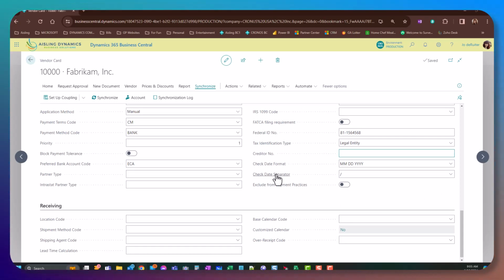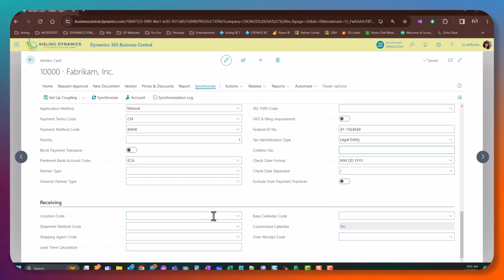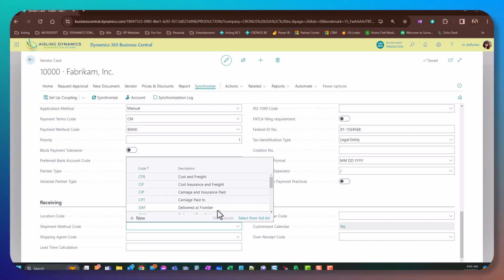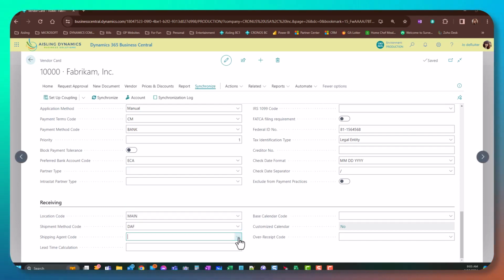The same check date format and separator and exclude from payment practices is also on vendors. When you ship to this vendor or get shipments from this vendor, what warehouse is it going to go to by default? What shipment method are you going to request by default? What's your shipping agent code by default? And lead time calculations. Now, a lot of this is going to appear